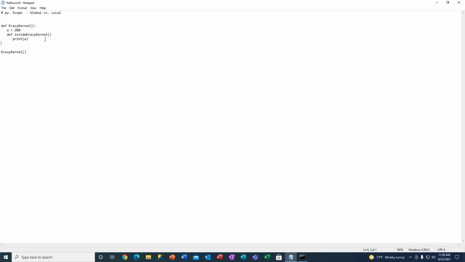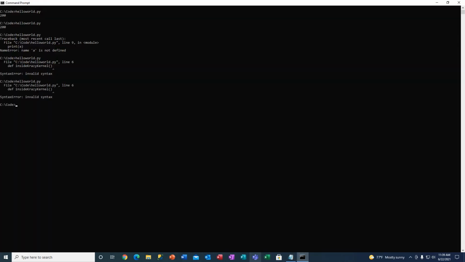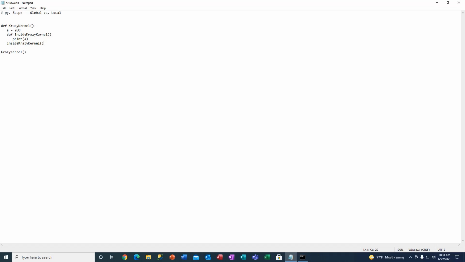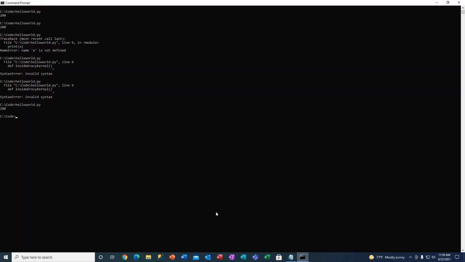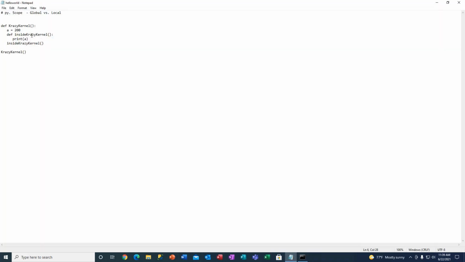Oh, I forgot to call this function, so now we're going to have to call it. So now, since I called it, it should execute. Okay, we forgot the colon here, so now this should execute. And it does. So 200, basically, if you have a variable defined inside a function, even though it's local, it can be used inside functions if that function is inside the main function. So that might be confusing at first, but after